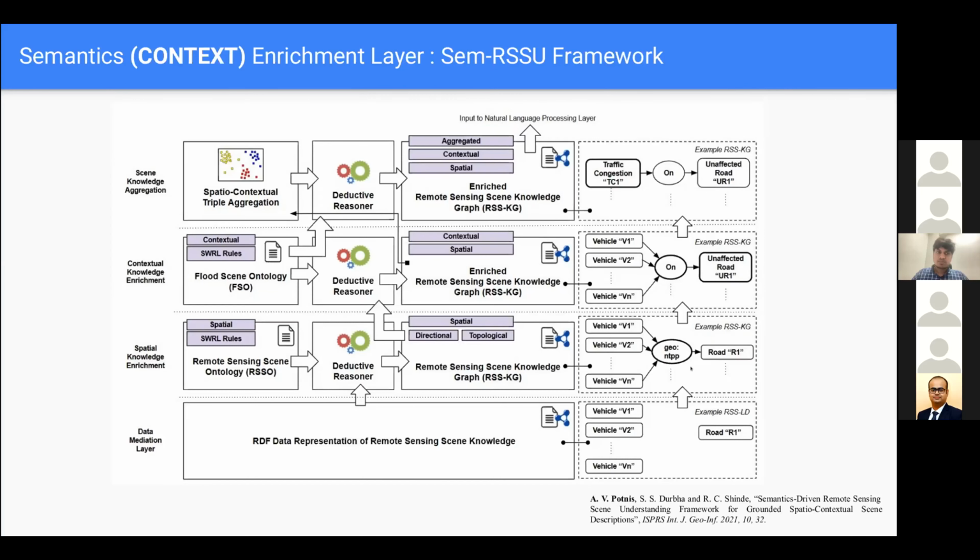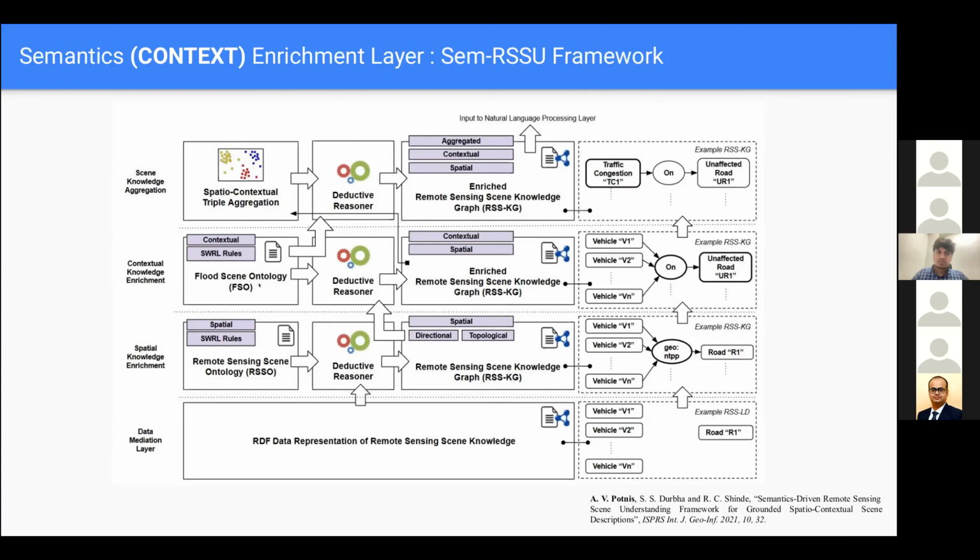Great. But as humans, we do not know, or rather this particular term geo NTPP is jargon to most of us, right? So we would want this particular name of the relation to be translated in a manner which is very intuitively understood by all humans. So this is where the contextual knowledge enrichment layer comes in, wherein